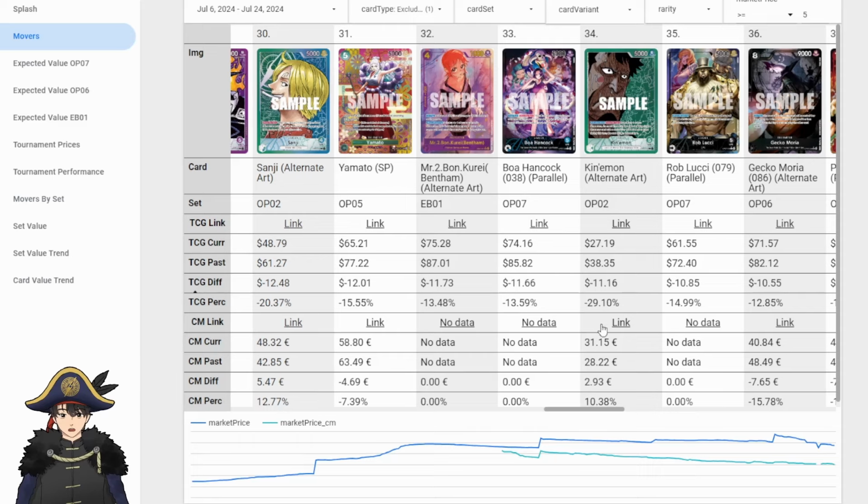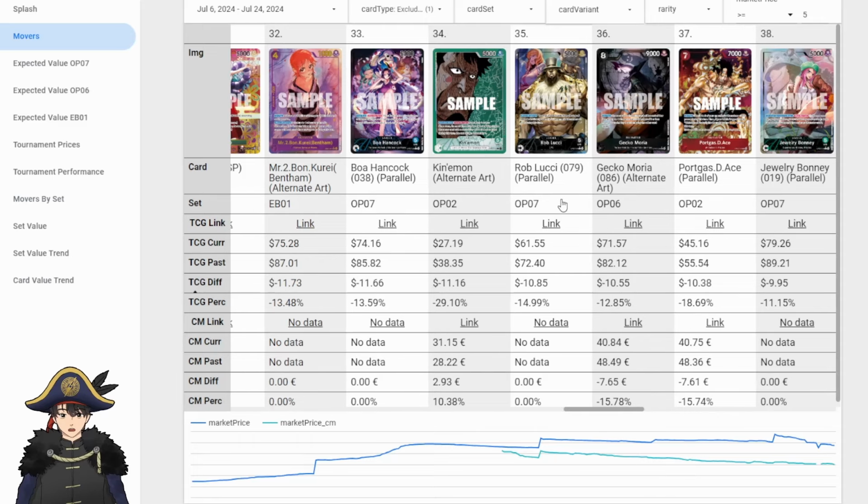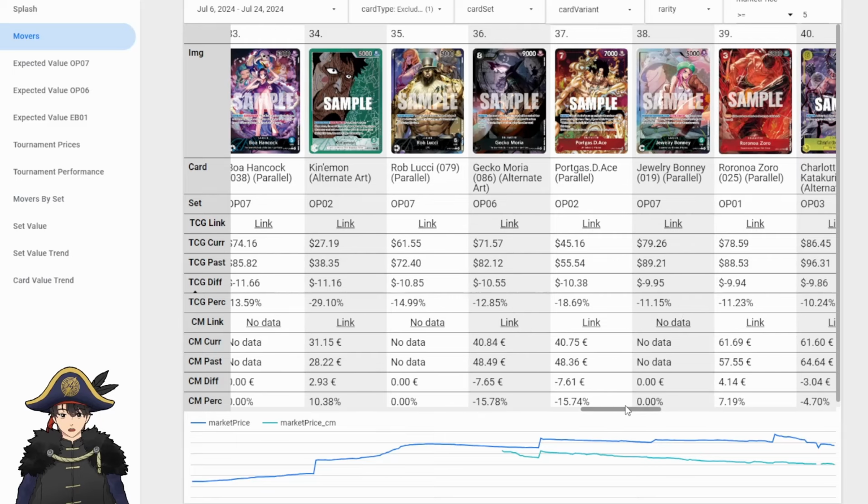Is this because of 06 and 07 reprints? Well, it can't be an 07 reprint because the set just came out. But yeah, he doesn't have the waifu factor. He has the furry factor, but I guess furries aren't coming out in droves to boost up his price. Ooh, Bonnie down 2, even though she's won quite a few store regionals. So yeah, a lot stronger than people were expecting in the hands of Western players. Nearly the same price as Boa. So if you had to pick between Boa and Bonnie, and you want to play meta, Bonnie Leader is the choice